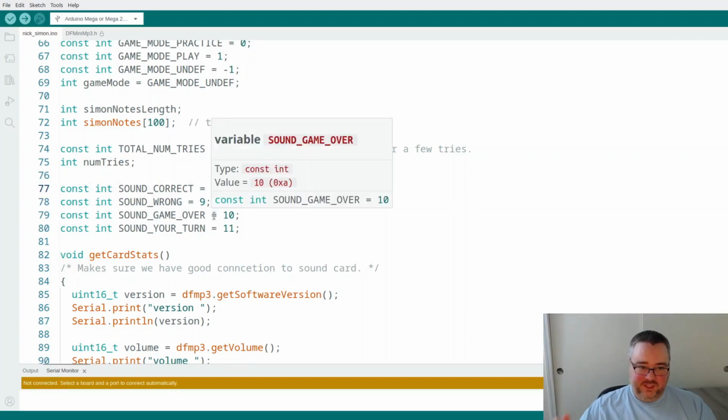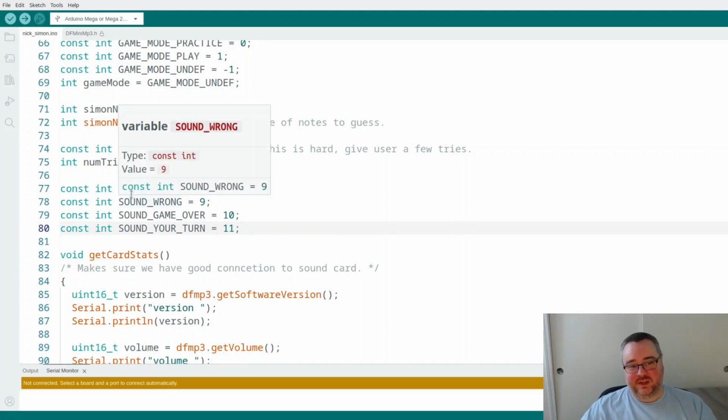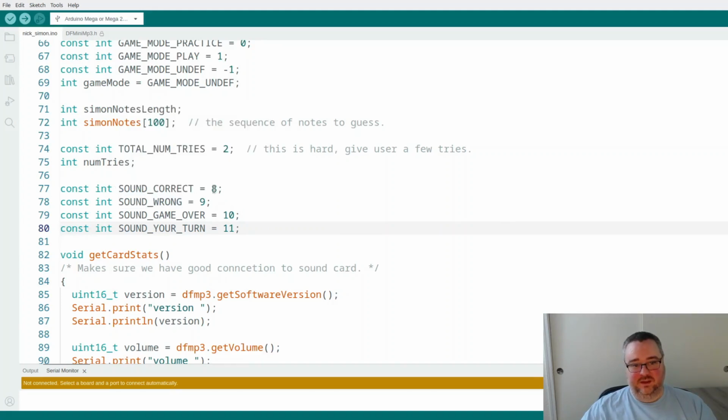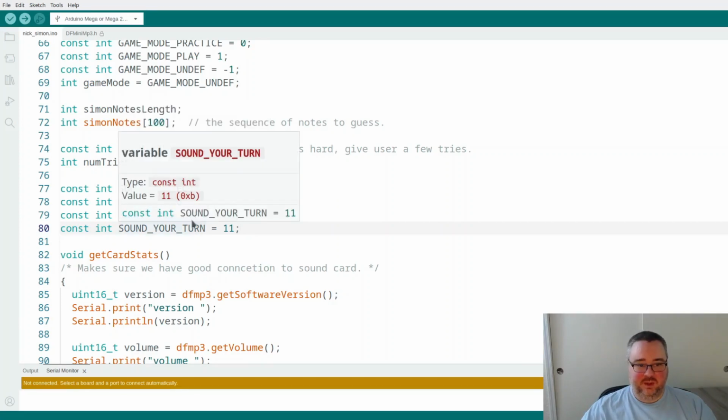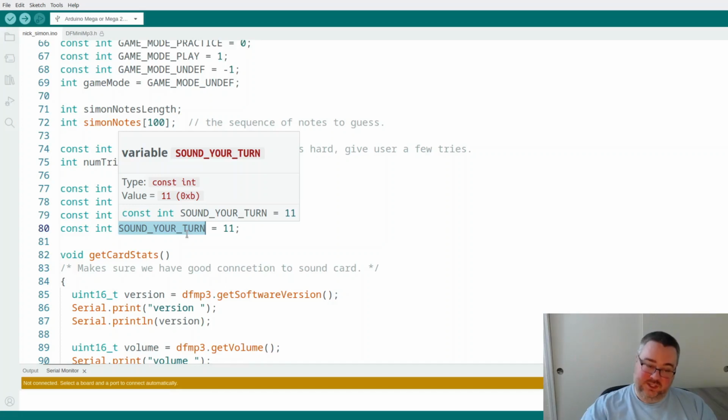So basically, if you look at the MP3 drive, sound 001 through 007 are the notes A, B, C, D, E, F, and G. And then after that are some sound effects. So the sound effect if you're correct is 008.mp3. The sound if you're wrong is 9. Game over. And if it's your turn, it indicates, hey, it's your turn via a sound.